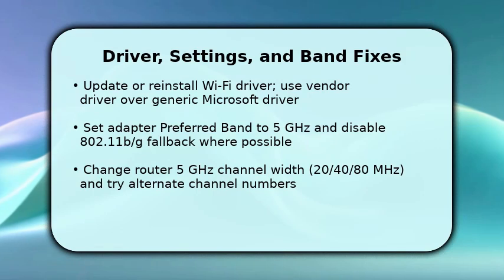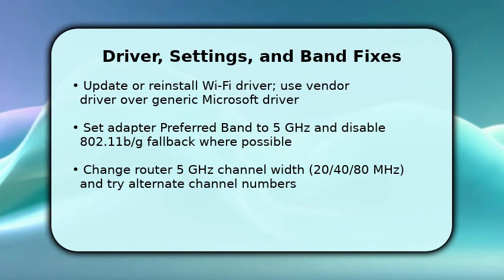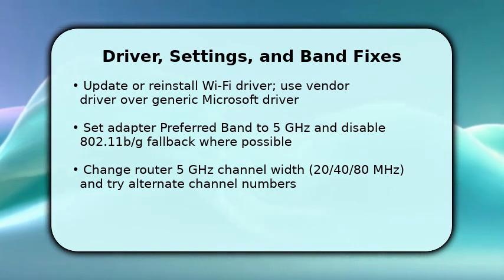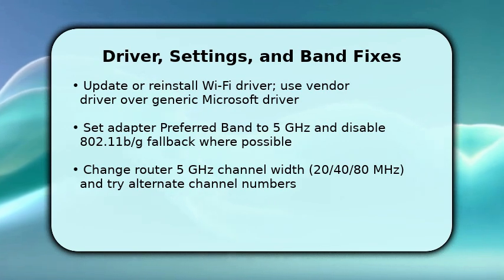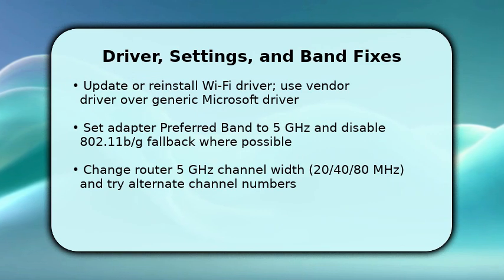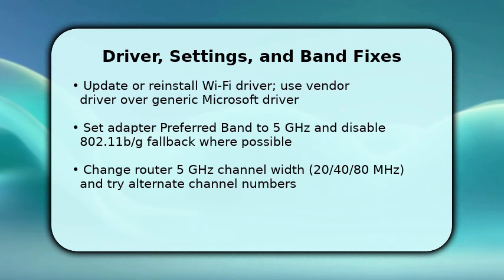This clears the basics. Now you handle the deeper settings that hide the 5 GHz network. Update or reinstall the adapter driver. Prefer the laptop maker's or chipset vendor's package rather than the generic Microsoft driver because it enables band selection. Once updated, open Adapter Advanced Settings and set preferred band to 5 GHz, and if there's a fallback to 2.4